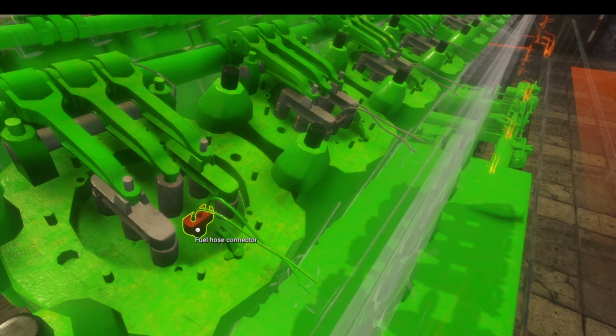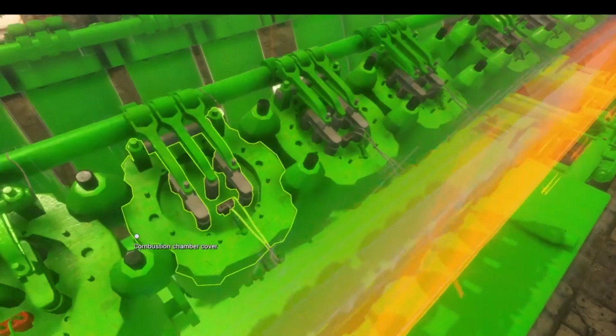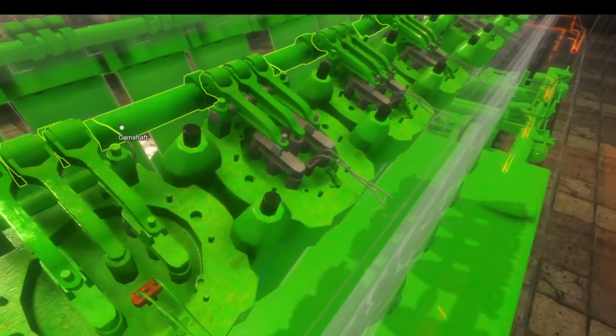So that certainly would not help. Everything around it could be unserviceable, but